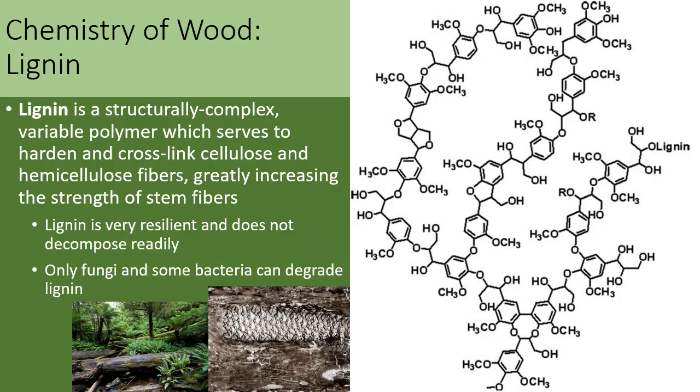And because it doesn't break down very well, what that means is in the first forest on Earth during the Carboniferous period, the trunks of our first trees, which were still producing spores, didn't really decompose because there were no organisms that had yet evolved any ability to break down lignins. So in the Carboniferous forest, when trees fell, they just laid there on the forest floor, and all the leaf litter that had lignins in it built up and built up and built up, and then under its own weight started to convert to coal,